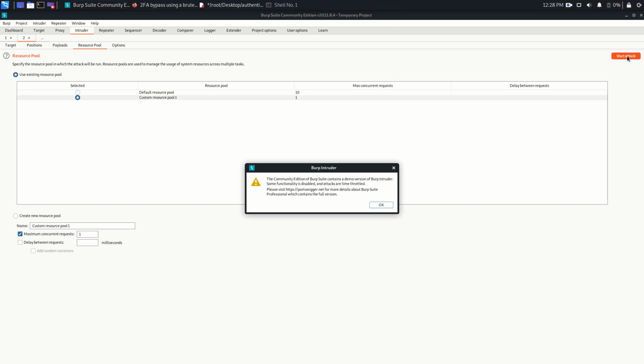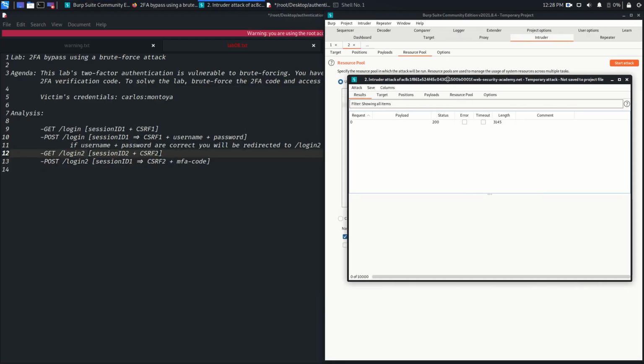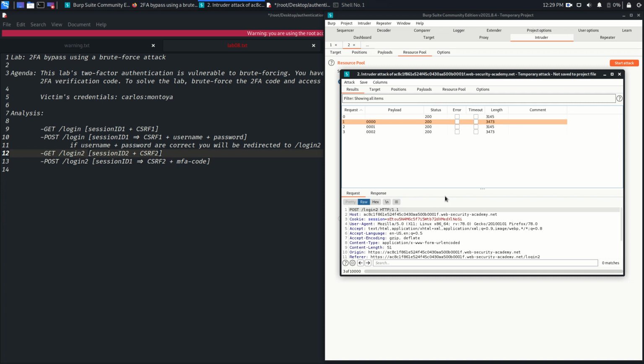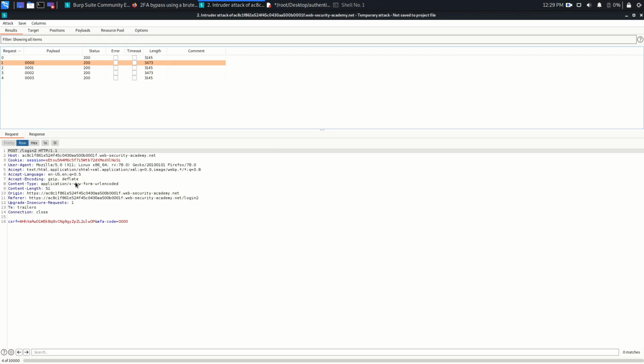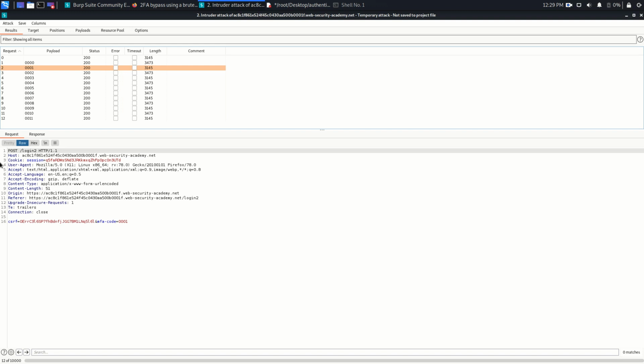Let's just start the attack. Okay, so we will see. So as you can see, this is the request. You see this CSRF value, and this is the session ID cookie, and this is the first OTP. So this session ID and this CSRF value must be unique for every request. So I go down, sorry, from here. So you can see the session ID and CSRF both are different. Fine. Go down,